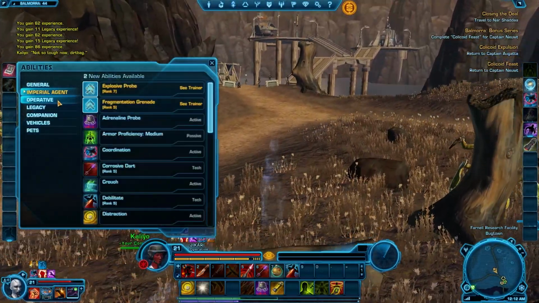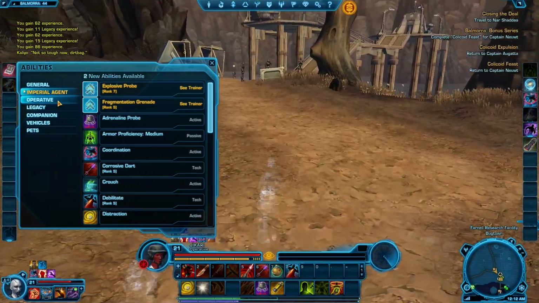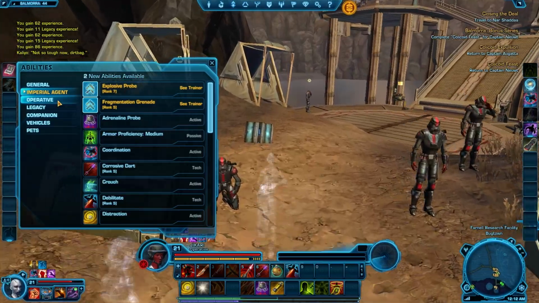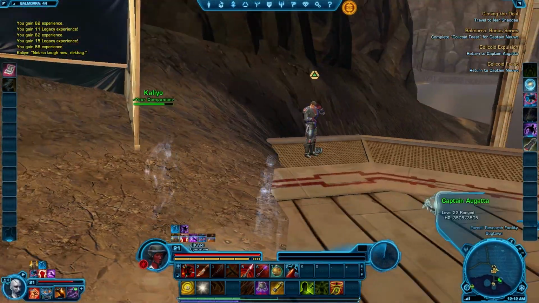So level 21. New rank of explosive probe and fragmentation grenade. Explosive probe we obviously don't use because we're not snipers. And you already saw we got a level 20, which is...